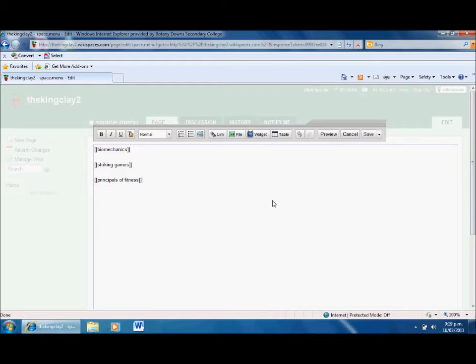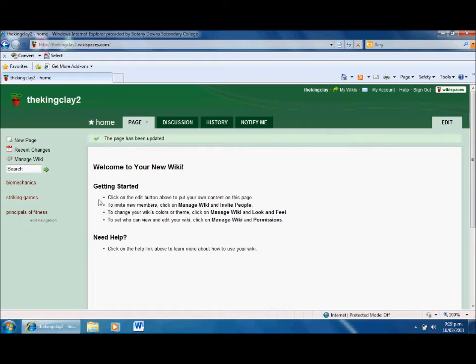Okay, so now I've created three links for the different topics that my students might be doing, and I'll just quickly click save. Really straightforward, no drama at all. Now I've created those links there. Now I want to actually start to edit the page. Now this couldn't be any more straightforward either, so all I need to do is where it says edit here, I quickly click that,